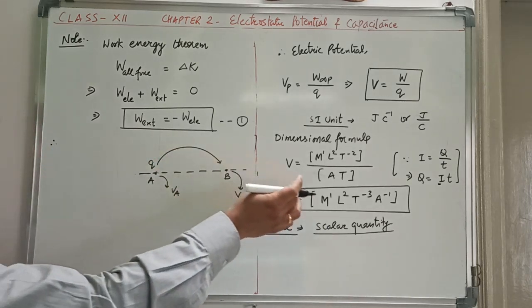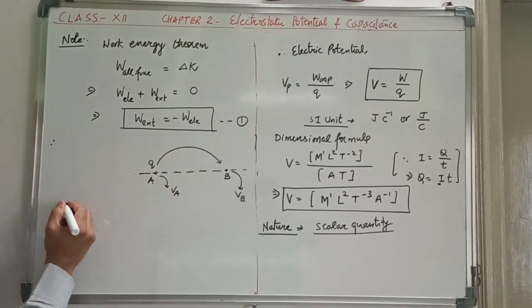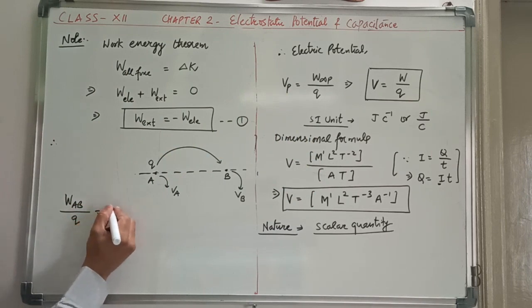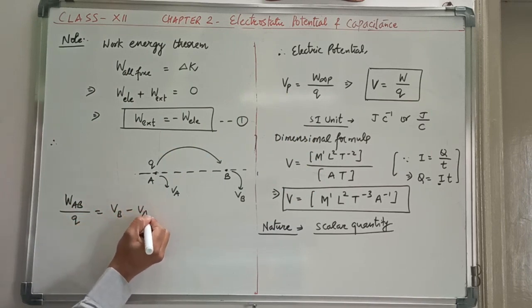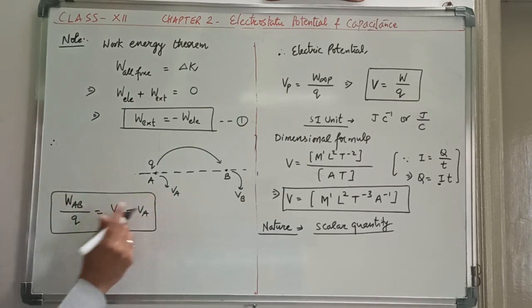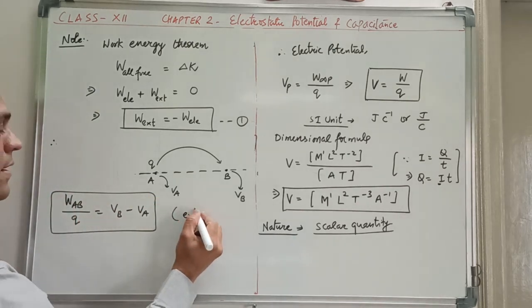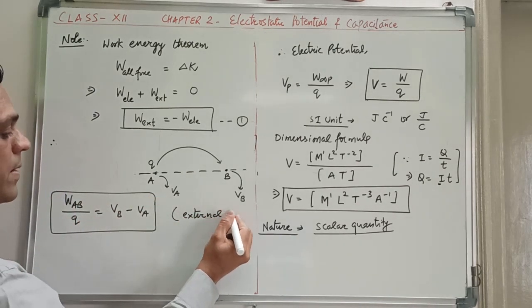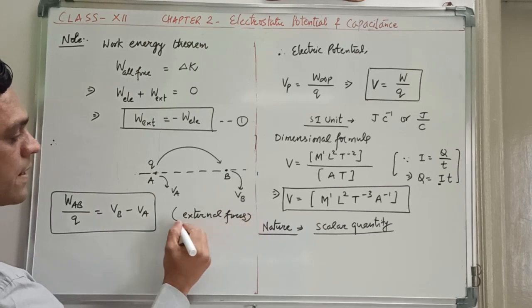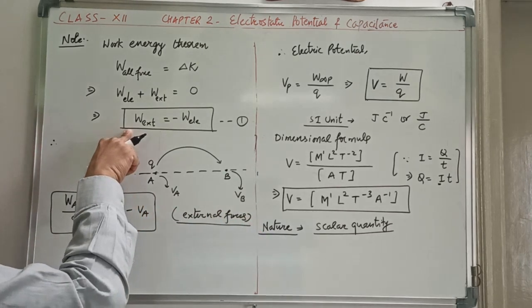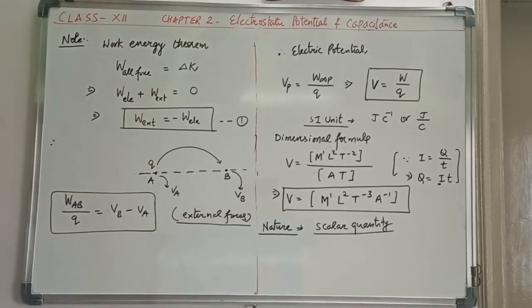Then what can we write from this? We have done this: WAB upon Q is equal to VB minus VA. And let me tell you, this relation has been written when you consider the work by the external forces. Correct? And since work done by external forces is always equal and opposite to the electric forces here,